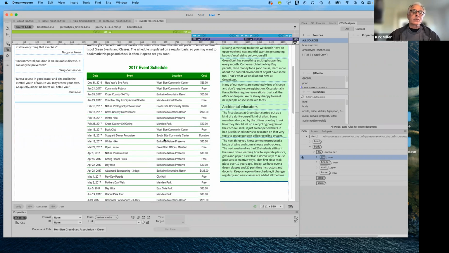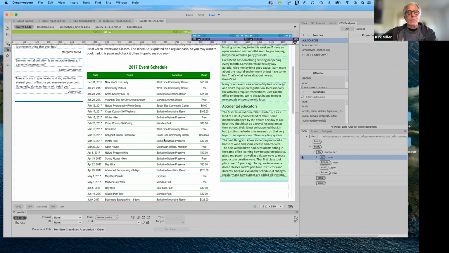Tables have a long history in web design. Initially, tables were used to provide the architecture that we needed to hold the content of our web pages. And it proved to be very awkward and not very efficient. And that was when CSS, Cascading Style Sheets, was developed. At one point, they were considering actually abandoning